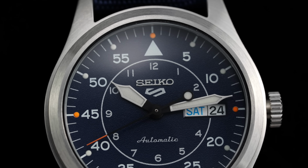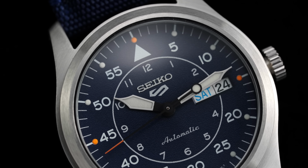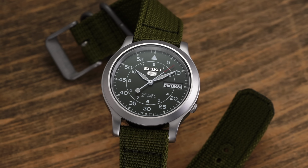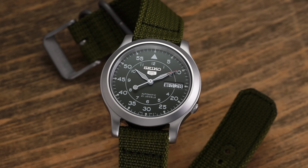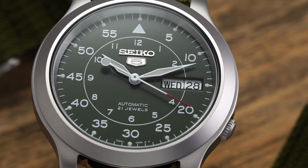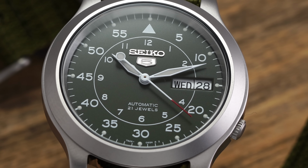Despite this, the carryover of excitement seems to have been missed during the baton pass. And as someone who's been talking about watches, specifically Seikos, online for basically a decade now, I remember when the SNK 800 series were maybe the most talked about Seiko 5 watches out there. So to see that there hasn't been a direct successor to those that has gotten the same fanfare is kind